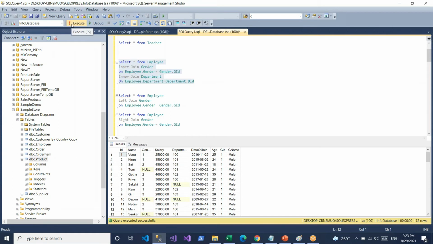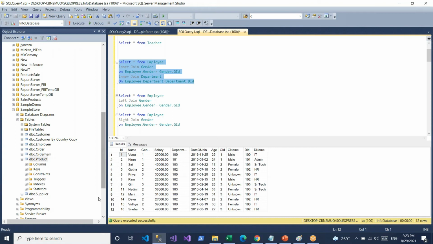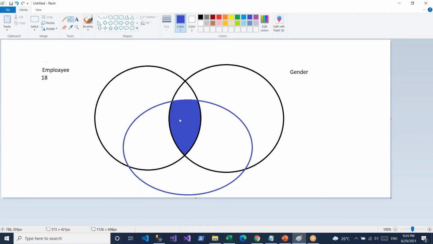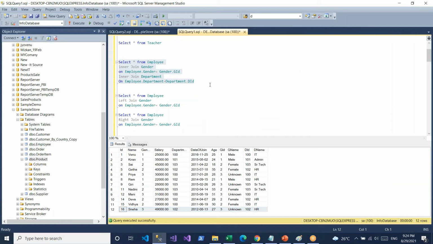If I execute 3 tables, how many records do I get? I got only 12, because only the inner part comes out. Out of the 18 records, 6 have either no gender or no department, or both missing. That's why we got only 12 records.